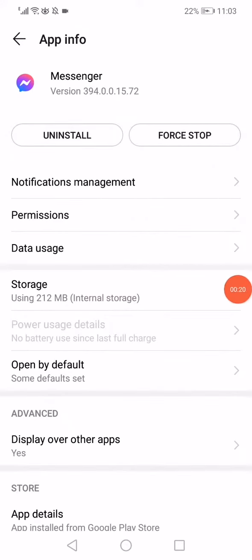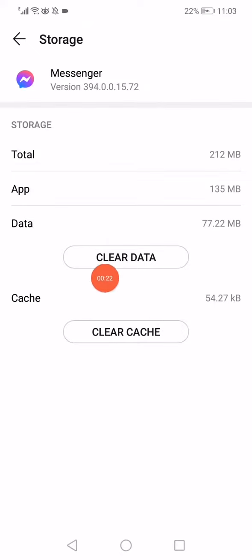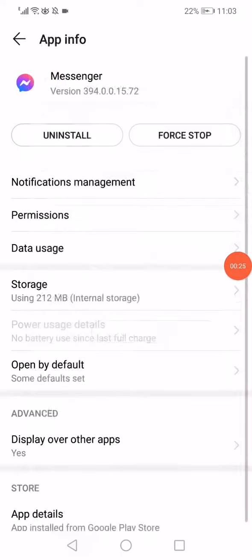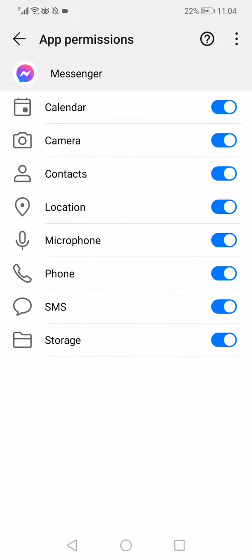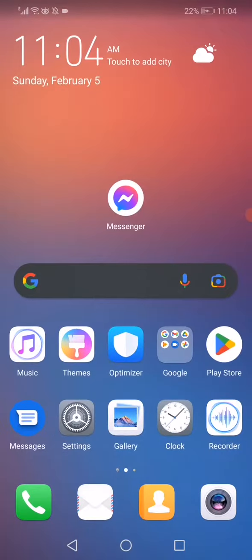then go to the storage, click on clear cache and clear data, and then click on force stop, and after that go into the permissions, make sure that all the permissions are enabled, and then go back to the home